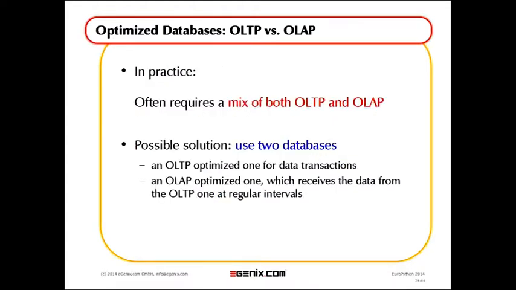Now, just like with transactions, the situation is often that you actually want a mix of both. So you want to have both run fast. So there's one way you can do this, depending on the size of database that you're talking about. One way is to put an OLTP system in front of the system that's actually taking in the data, and then every now and then you copy over that data into your OLAP system to analyze it.